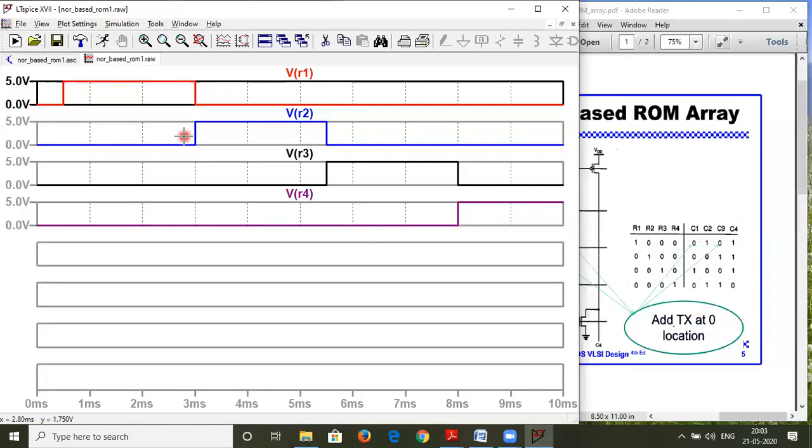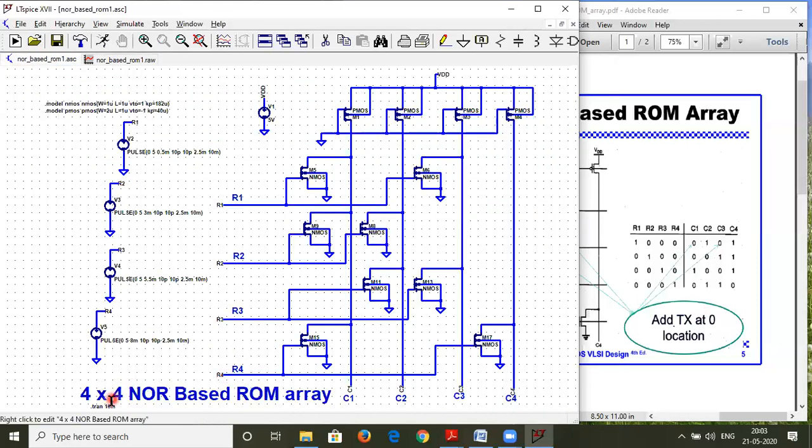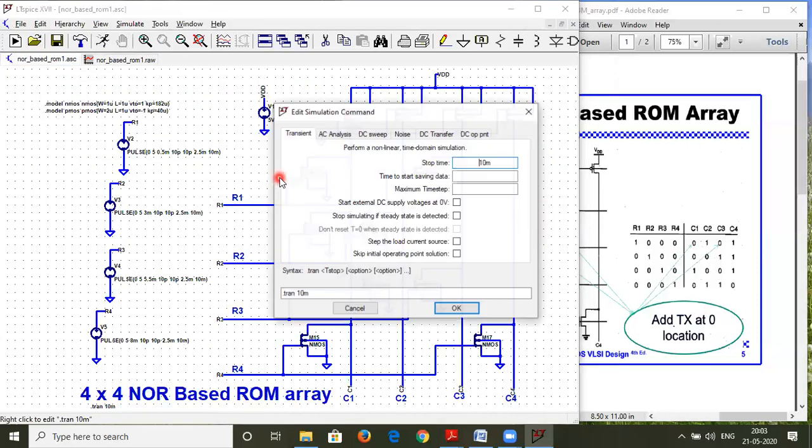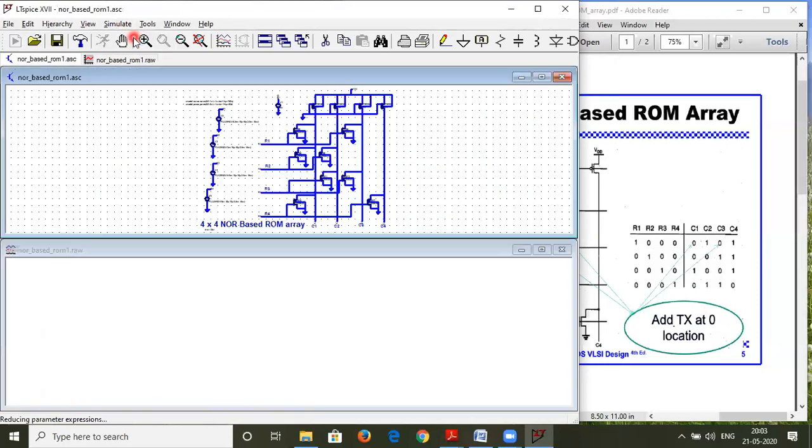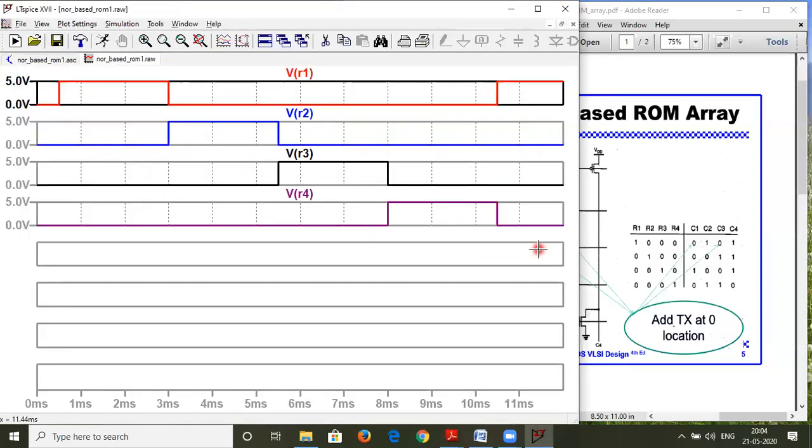Okay, now let us continue further. Let me just give the time period a little more than 10, let me just give it around 12. Yeah. So let us check what will happen. Yeah, so it's absolutely fine. Again, we are going back to the next case. So just to give you a feel. Now we are ready to plot the outputs.